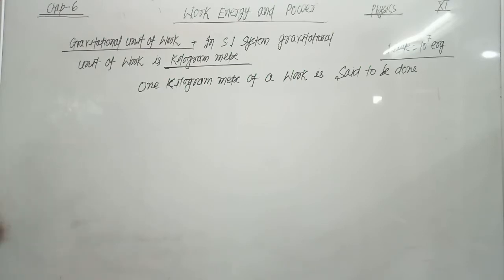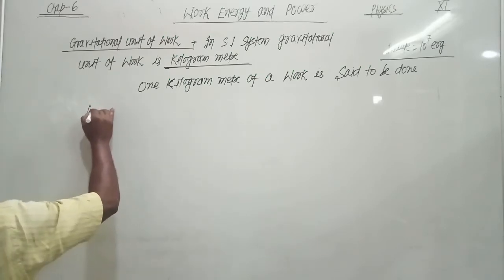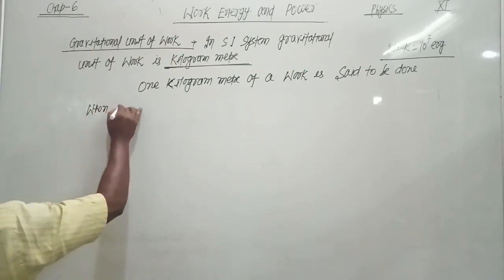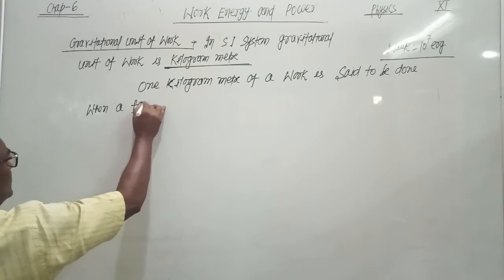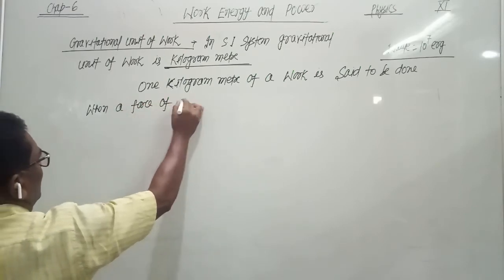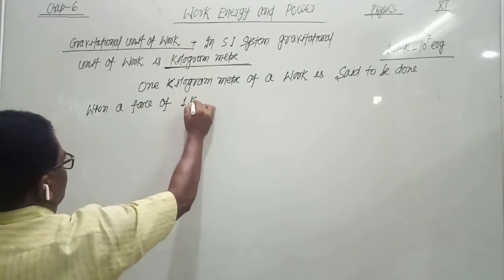Now, the definition of 1 kilogram meter. 1 kilogram meter of work is said to be done when a force of 1 kilogram weight